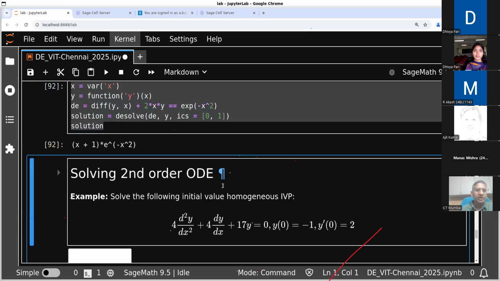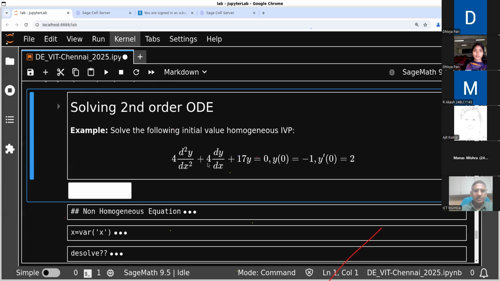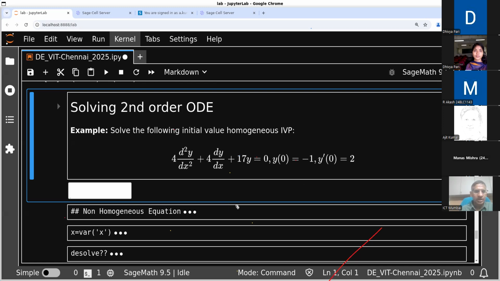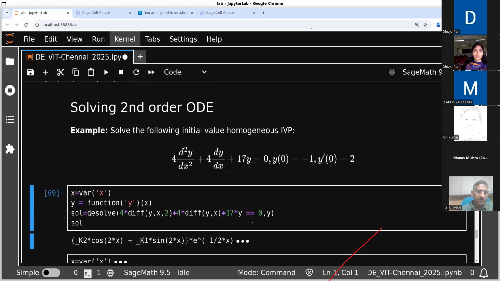But you can also solve second order ODE. For example, let us look at this equation: 4 into d2y by dx square plus 4 dy by dx plus 17y is equal to 0. Y at 0 is 0 and y dash at 0 is 2. This is a homogeneous ODE. And if I want to solve this, how do I do that? Again, the same function dsolve will work. And I'm here giving the differential equation d2y by dx square plus 4 into dy by dx plus 17y equal to 0. And then when we solve,